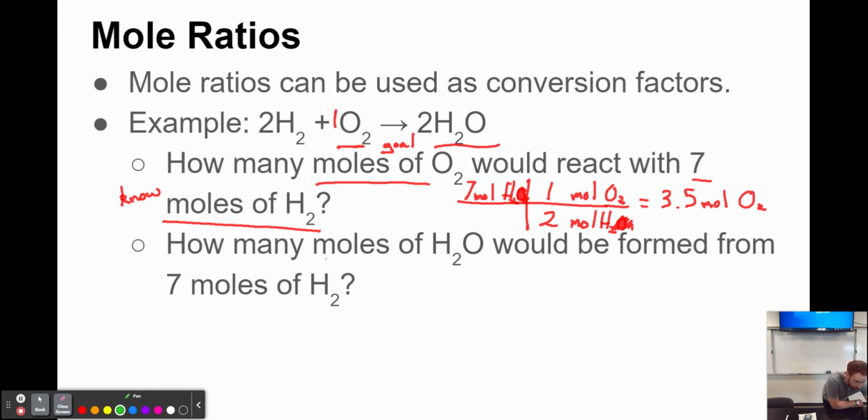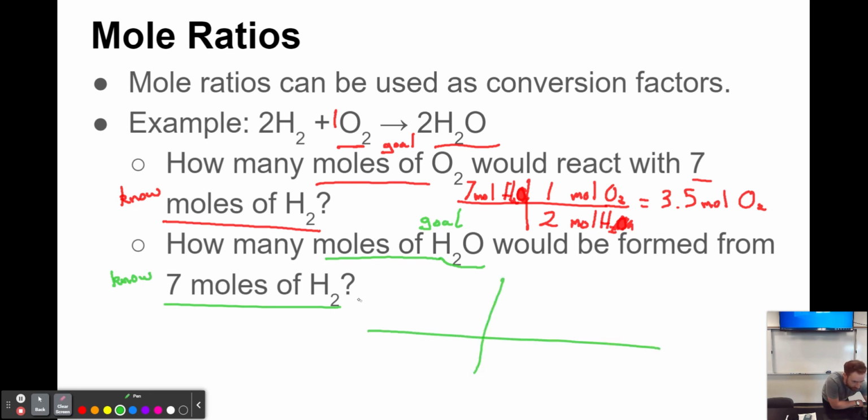We want to know moles of H2O. That's our goal. What we do know is that we have 7 moles of H2. So we are going to set up a conversion. We're going to write what we know, which is 7 moles of H2, in the upper left-hand corner. We want to know how many moles of H2O would form. We want to get rid of our units of H2. So we need a molar ratio from the balanced equation that tells us what the ratio is of hydrogen to